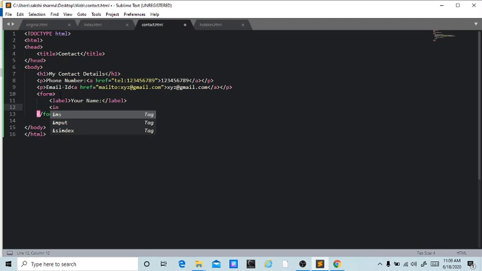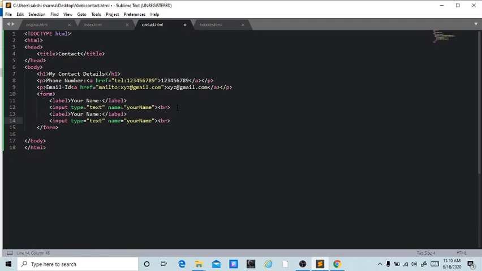and input type is text. You can give it name, it's your wish. Let's give it name as your name, and break tag so that we can differentiate this line from the other one. So let's copy this and use this again to write your email label. Your email,